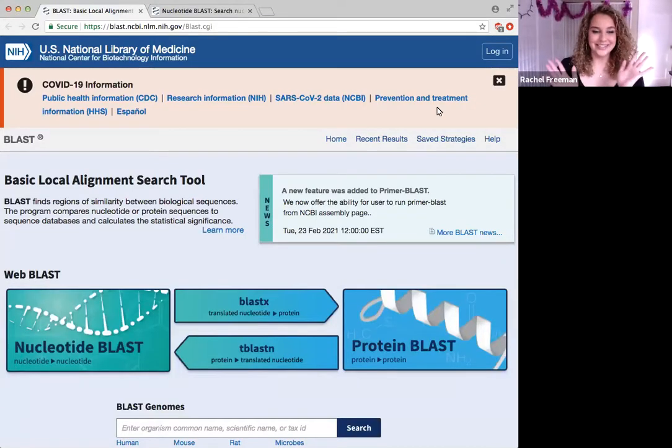Hi there. So today we're going to be working on using BLAST. I notice a lot of times with the BLAST program, a lot of students are not necessarily familiar or comfortable using the BLAST resource. I tell people to think about BLAST as a Google for genetics, genomes, because